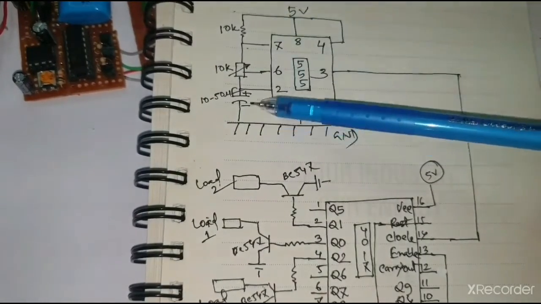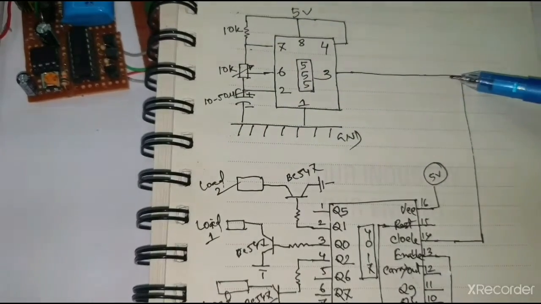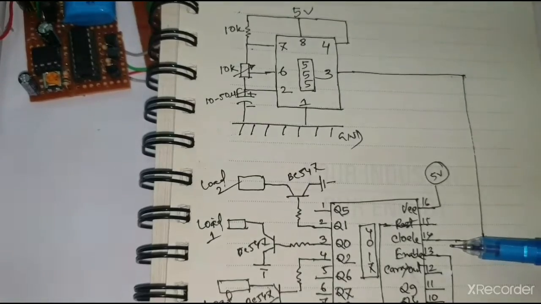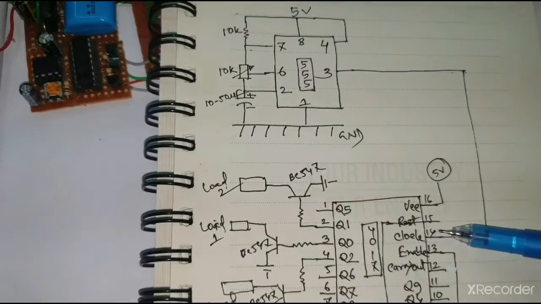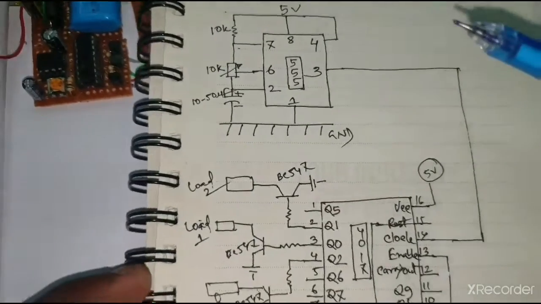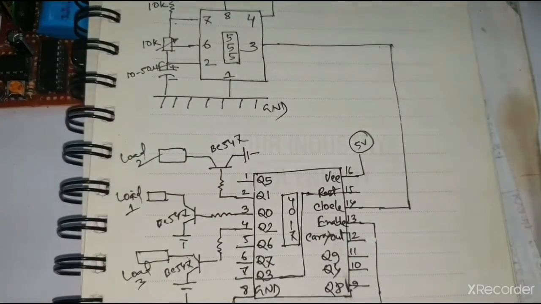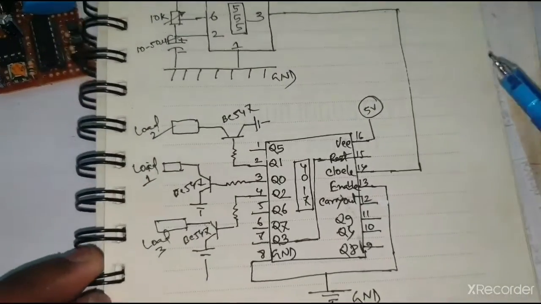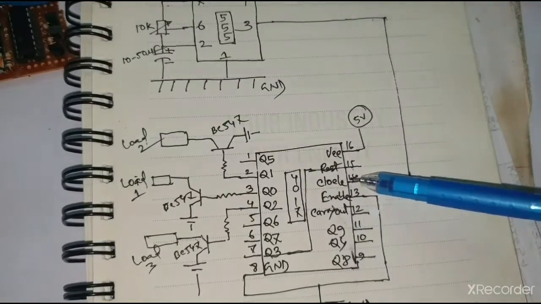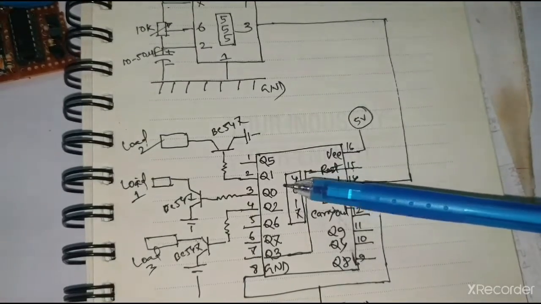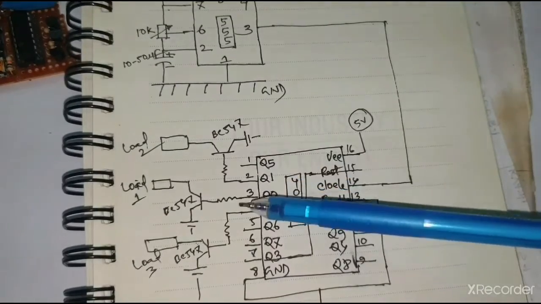This arrangement gives the oscillation of the 555 timer. This oscillation is applied to the 4017 IC's pin 14. This is the clock pin. When it gets the clock pulse, it goes to the default connection, pin 3. It hits pin 3 and powers up